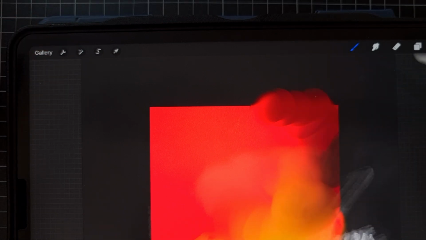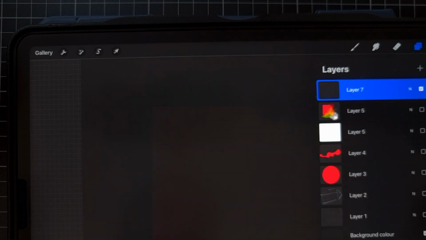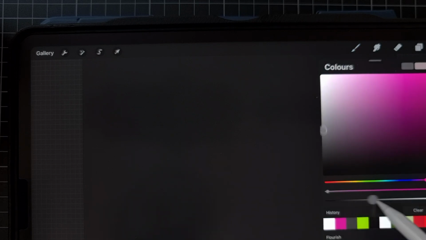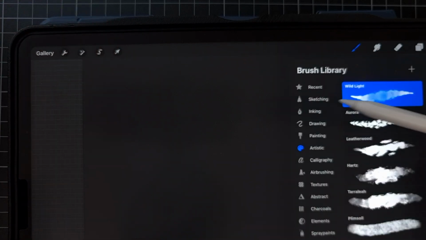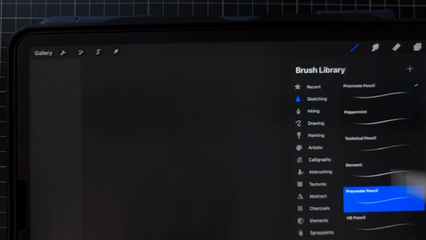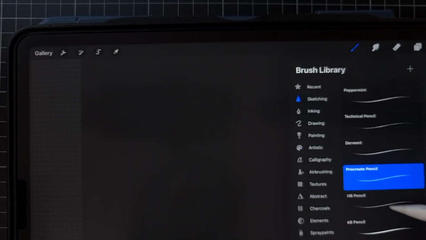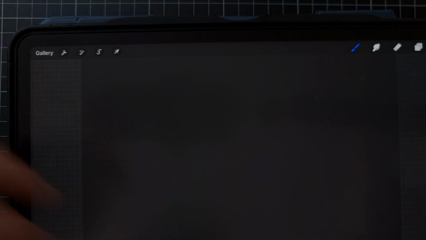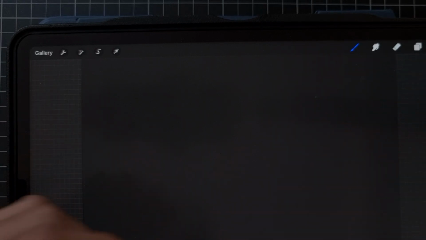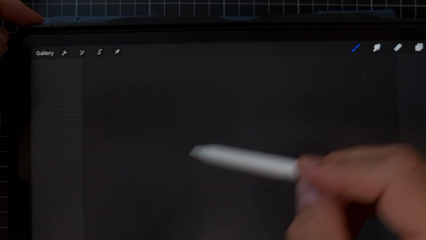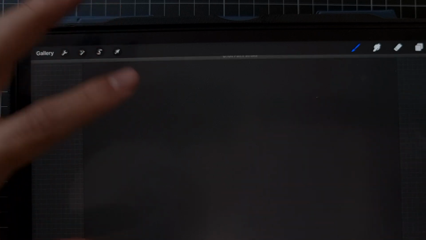So let's take a very simple example. Let's say we want to draw a rock, a very simple rock. Let's go with, for example, gray color or half gray. I'm going to go to sketching, then I'm going to take HB. It's called HB pencil, and it's actually accurate to the real HB that we use, the real one. So let's say we want to draw a rock which goes